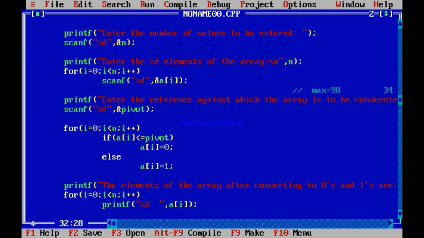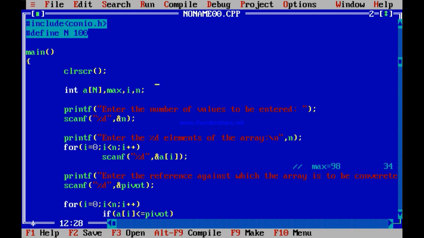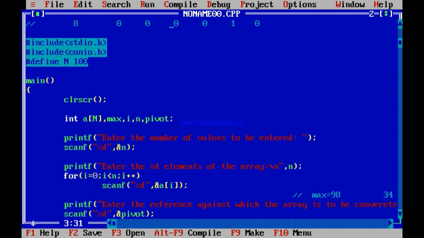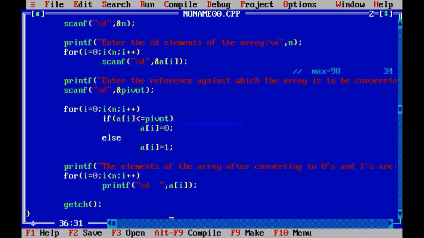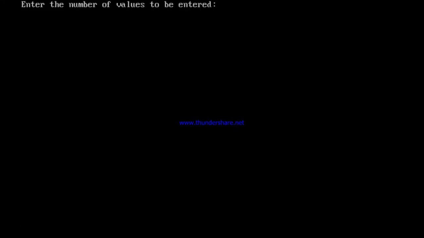Let me run this program once, but don't you forget to declare the pivot. Pivot has not been declared. Let me declare the pivot and then run it. So this is fine. Let me run this program and check whether it runs fine. So Alt R, enter. So maybe 9 elements in the array: 2, 9, 67, 43, 56, 23, 34, 12, 87.